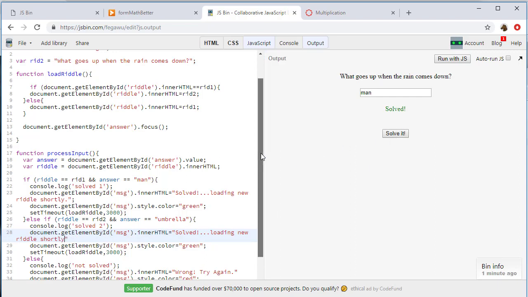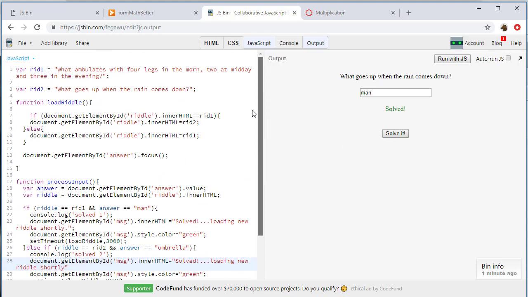Okay, we are almost done with this. One thing, of course, is we probably want to get rid of this message when the new riddle is loaded. And the best place to do that is at the bottom of load riddle. So if we do document get element by ID message inner HTML equals, now